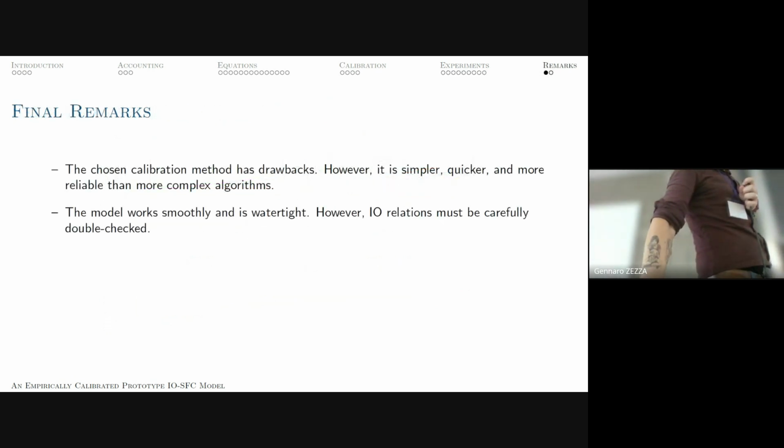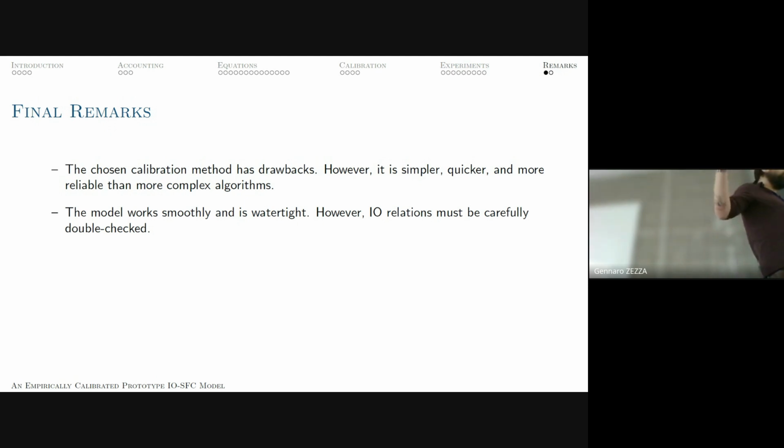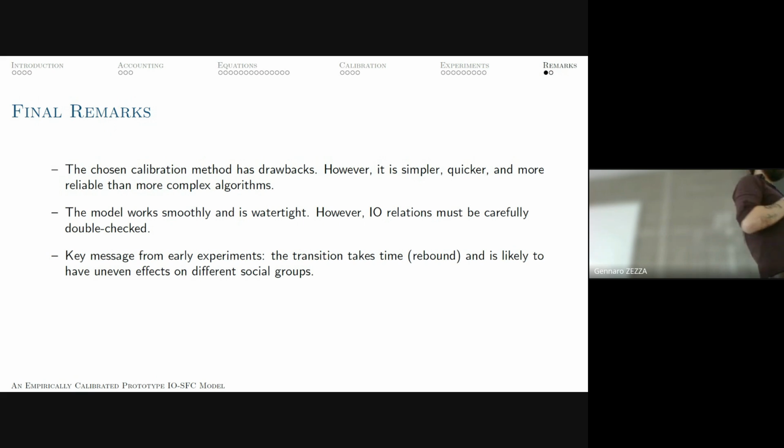So to conclude, this particular calibration method, forcing the economy to be in the steady state in the base year, certainly has drawbacks. But it seems to be working well. It makes the model work quite smoothly. No problems. The dynamics is clear. You don't have any solving problems. Even the number of iterations necessary to solve the model is just a few. So it works well. It's a good alternative compared with more complex algorithms. Obviously, you have to double check everything, particularly the data which I'm using.